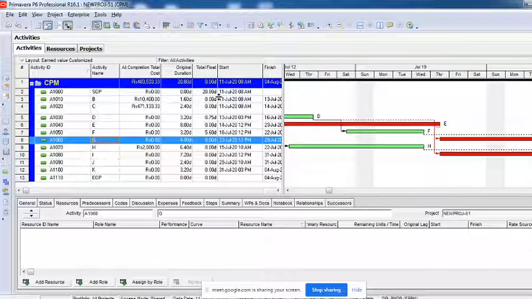Baselines are exactly the photocopy of what you have planned with respect to the time, cost, scope, everything. Nothing can be changed once the baseline is created. Now you understood, right? What is a baseline? Baselines are the plan which we have already created, which is used for comparison. Tomorrow when the actuals start, there can be changes, and plans can be changed.